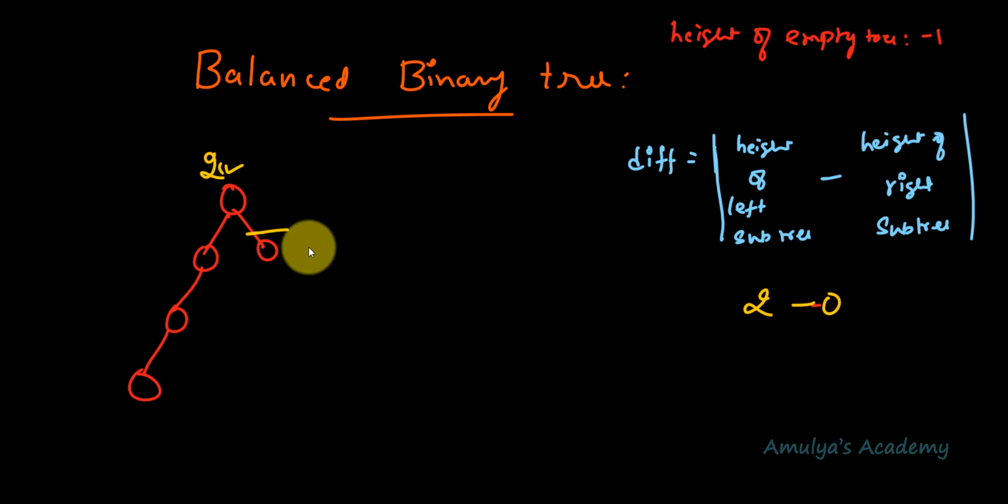So now no need to find out other differences because here we got the first difference as 2. As I said, we need to check the difference, that is the height of left subtree minus height of right subtree for every node, and it should not be greater than 1. Here we got 2, that is nothing but it is greater than 1. That means it is not a balanced binary tree. For every node, the height difference should be less than or equal to 1. But here for this node we got 2. That means it is not a balanced binary tree. No need to check for the other nodes.